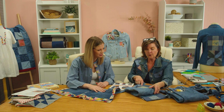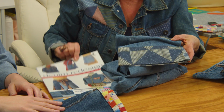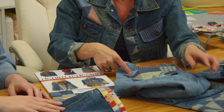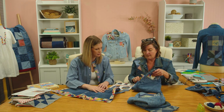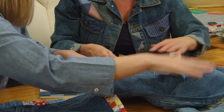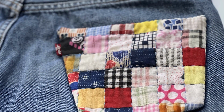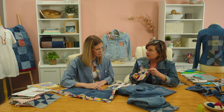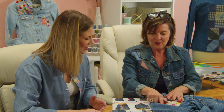And then too, quick, on this version we went ahead and added a cuff. And you will find in the Denim Redesign book specific instructions for adding the cuffs, for deconstructing the pocket and reconstructing. This is an example. Sometimes with a pocket, maybe you don't want to take the pocket actually off the jean. So here we have another Levi's. So you might make a pattern for the actual pocket. And what I have here is, I just noticed that it's a little odd shape. I know, so again, you wouldn't notice that until you